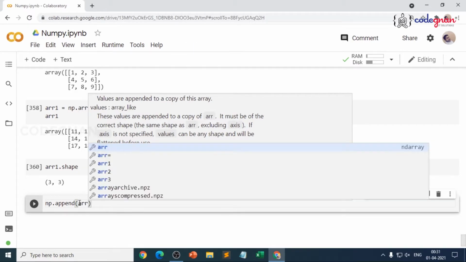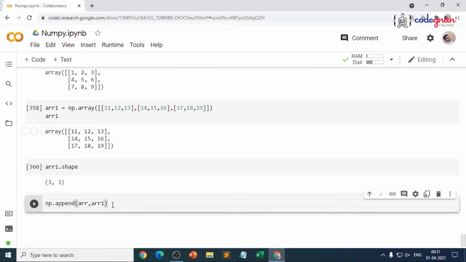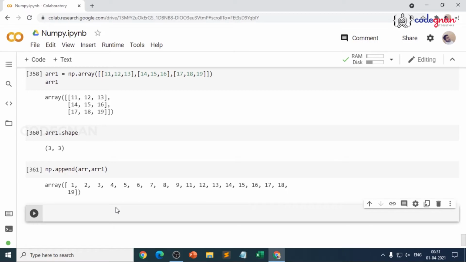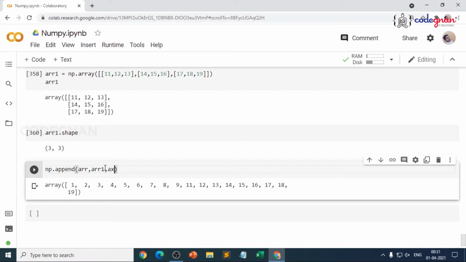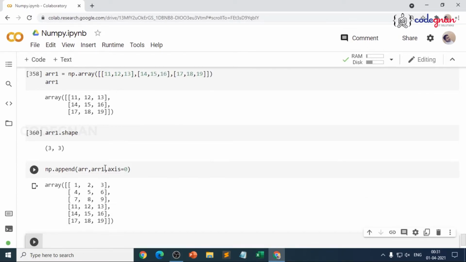So I give ARR, comma ARR1, and if I don't mention axis, what happens, you see? If I don't mention axis, that becomes a flattened array, with one dimension. If I mention axis equal to 0, that is row wise, that is arranging vertically.